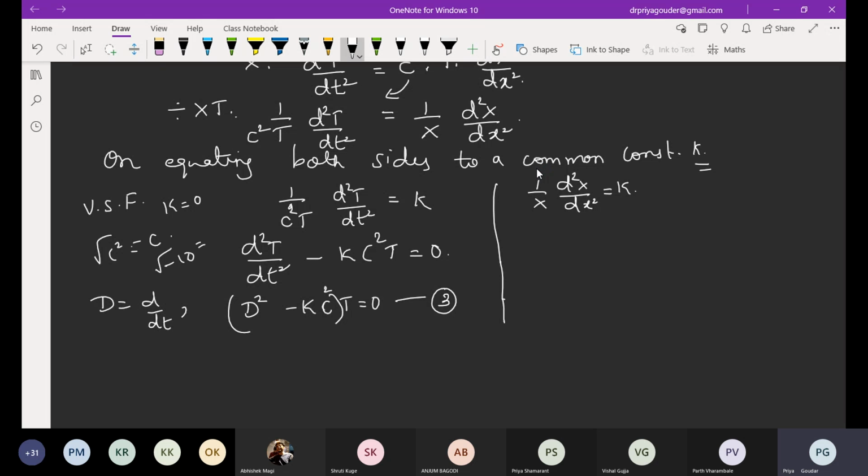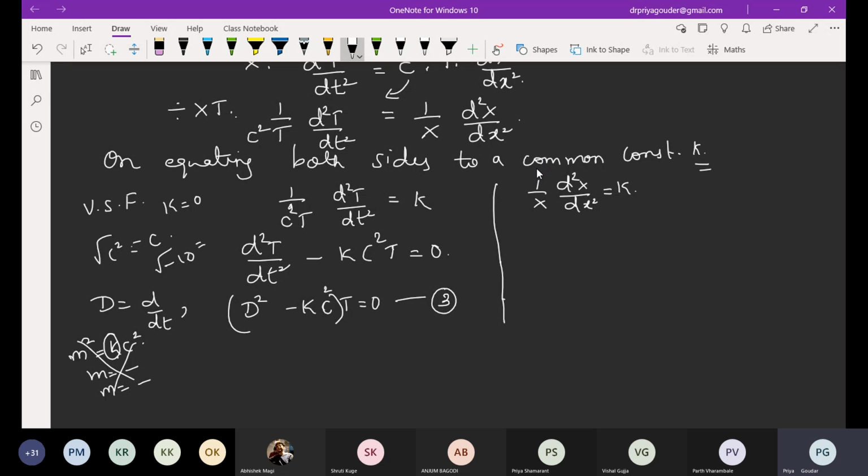Because this is homogeneous. You know that when you write the auxiliary equation, m square is equal to kc square. Now if k is negative, the m value will be complex. If k is positive, the m value will be real. So I cannot generalize by taking only one case. We have to take all the possible solutions. For that reason, we are going to take the different values of k and write the solution. That's why I'm not solving the further part now.